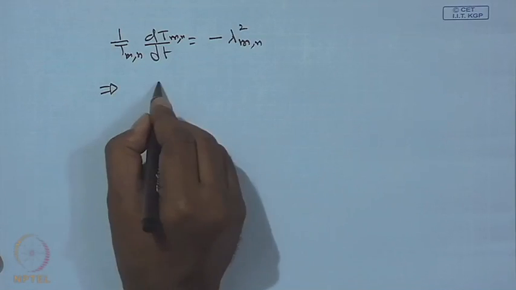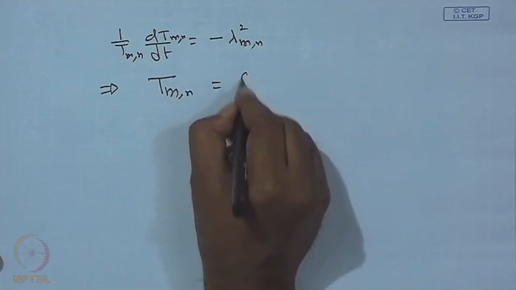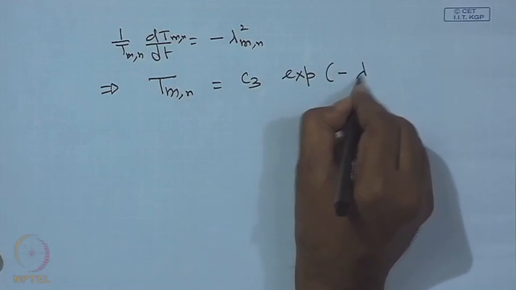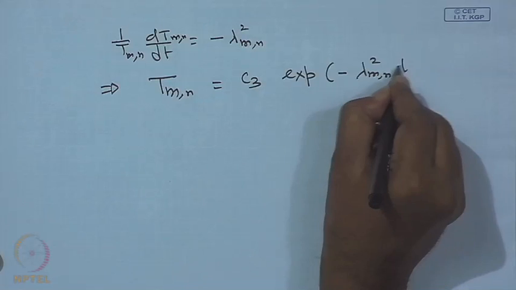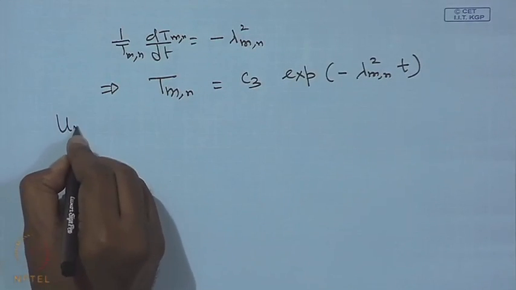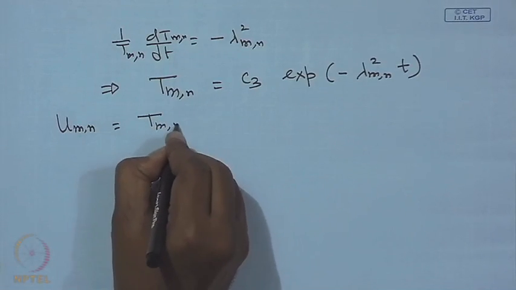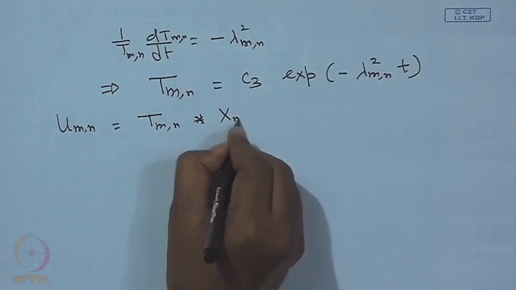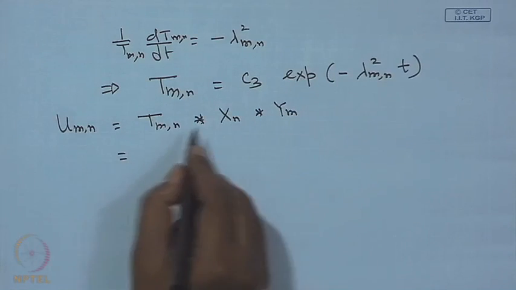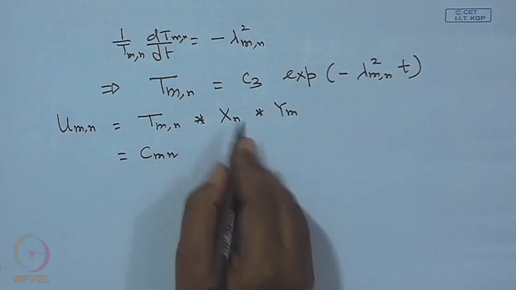So, this will give a solution T mn is nothing but another constant C3 exponential minus lambda mn square t. So, we construct the corresponding solution u mn, that will be T mn multiplied by X n multiplied by Y m. So, C1, C2, C3 become a new constant, let us say C mn